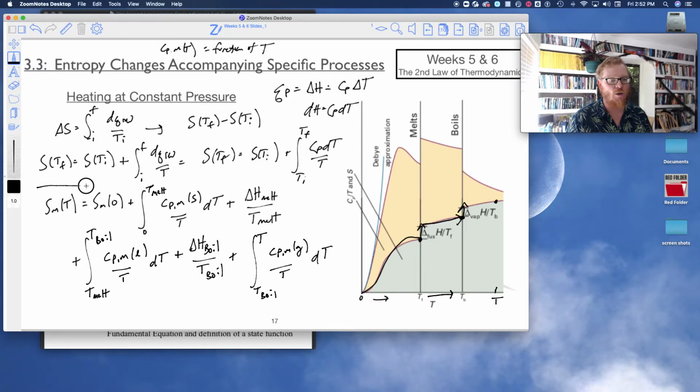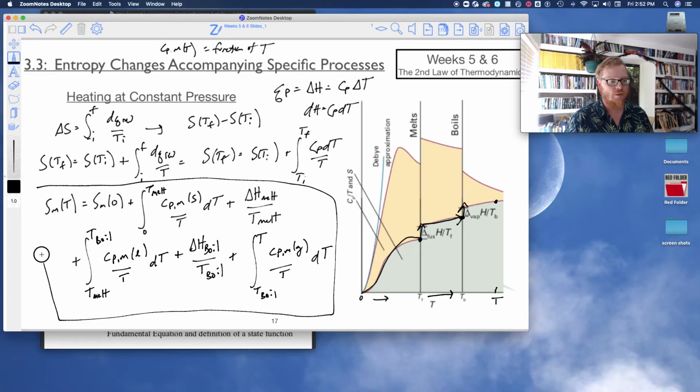And let's box all of that up, because this, little did you know, turned into a mess in a hurry. Okay, so let's back up and talk about this. If I want to calculate the entropy, notice that this is no longer delta S. This is just S. So this is like saying, what is the molar entropy at a specified temperature? Well, it's going to equal the molar entropy at 0 Kelvin plus the integral from 0 Kelvin to the